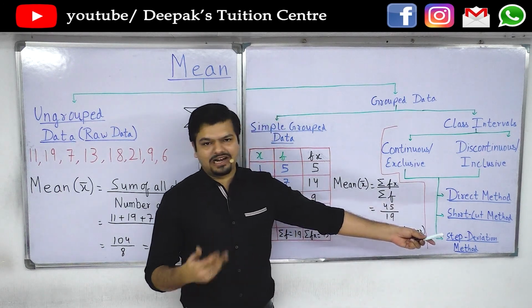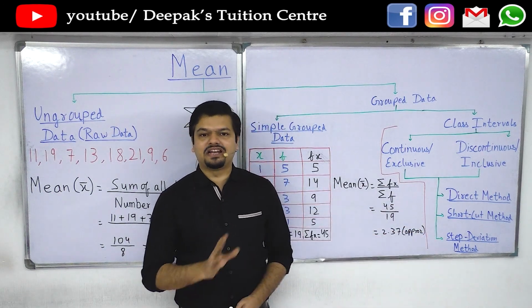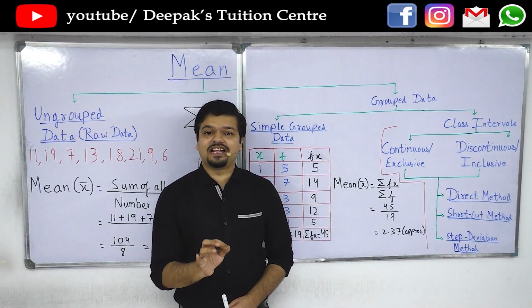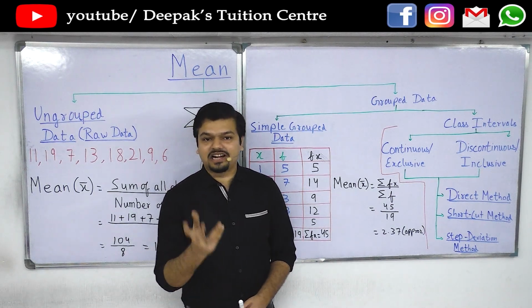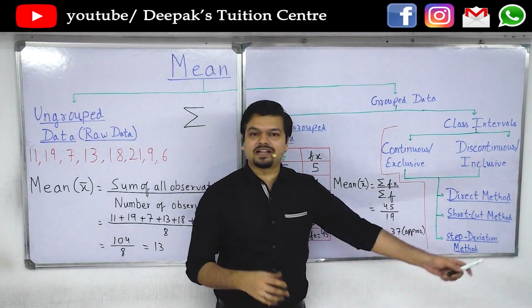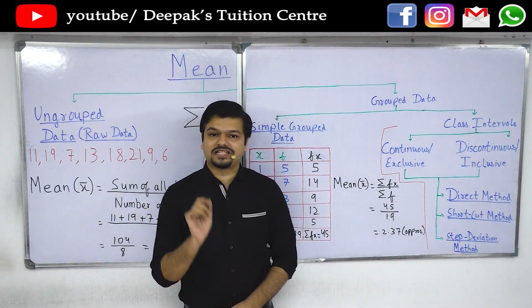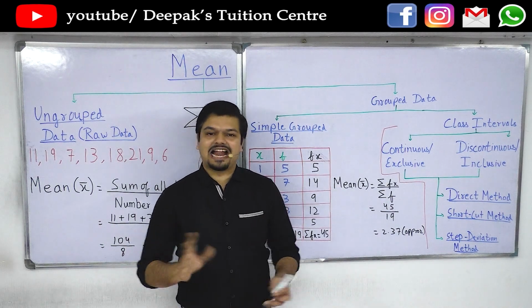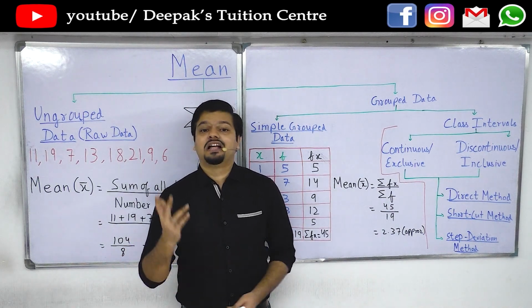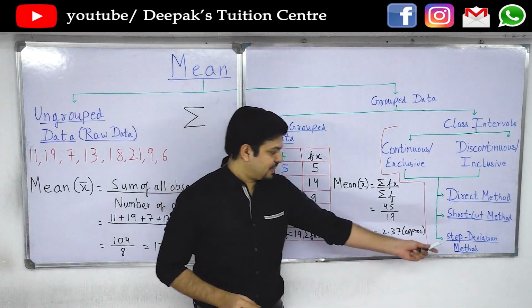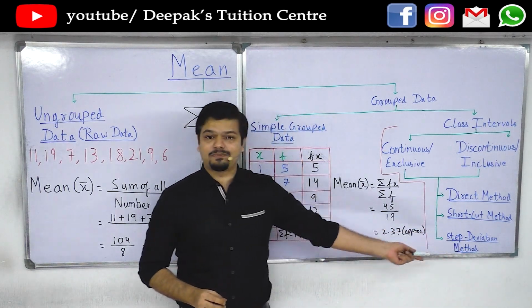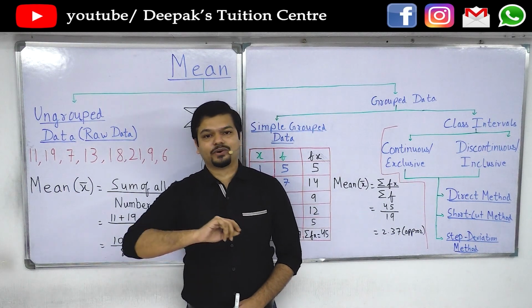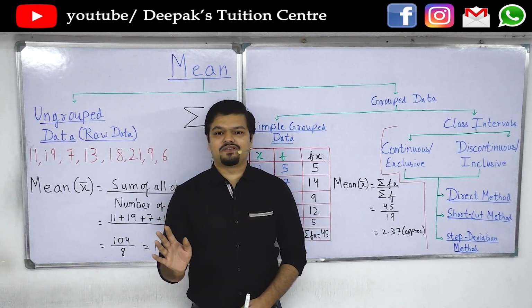If you calculate mean using any of the methods, it is not a problem. But if it is given in the question that you have to calculate it using, suppose, step deviation method, then you have to calculate using that method only. So if you thought that I will do just one method and I will be able to do any kind of sum, no. If it is asked that you have to use step deviation method, then you have to use step deviation method only. If you do it by any other method, they will not give you marks even if that method is right.